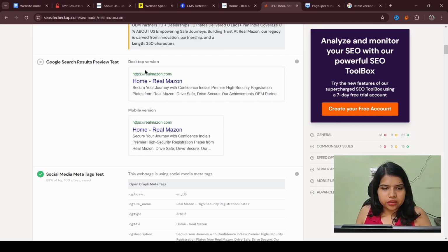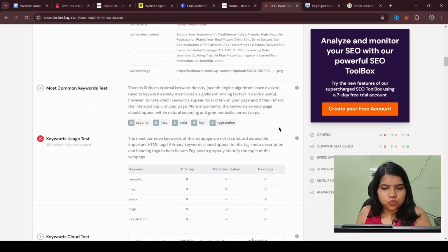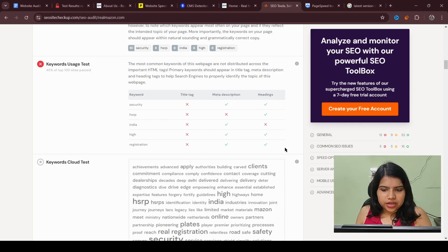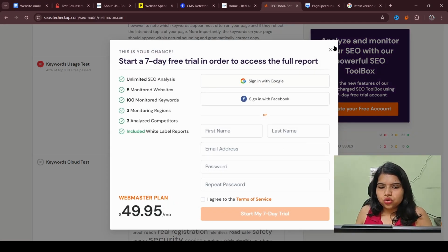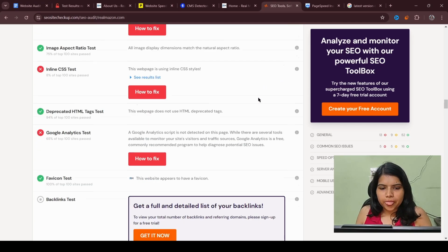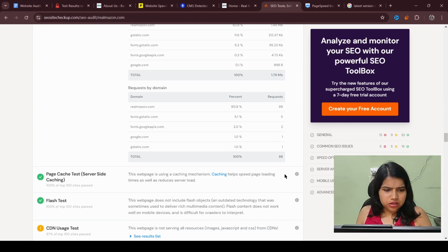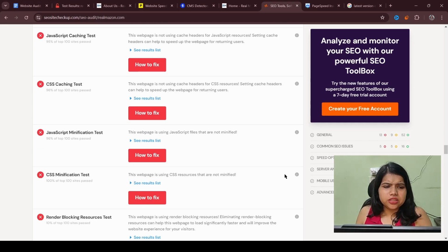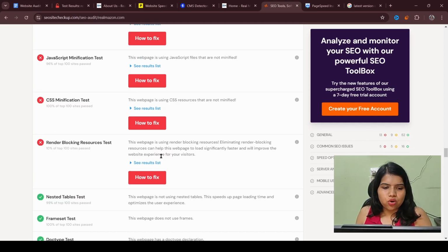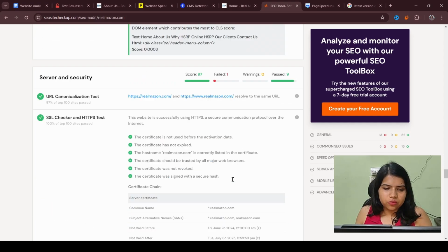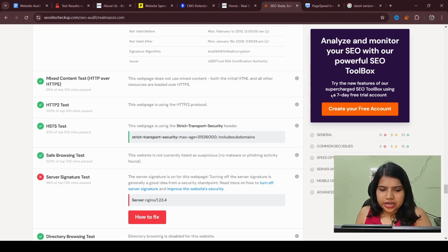Here is the preview of how it is looking on Google. You can see the keywords are not being used correctly. So you can make it as detailed as you want. If there are 3 to 4 pages, you can also run it for individual pages. And if there are multiple pages, then it's fine if you do it for only the home page. Here you can see this kind of screenshot you can add, like there is a caching test, it is failing, minification test, it is failing, render blocking resource test, all these things are not getting done properly, so these things you can highlight.